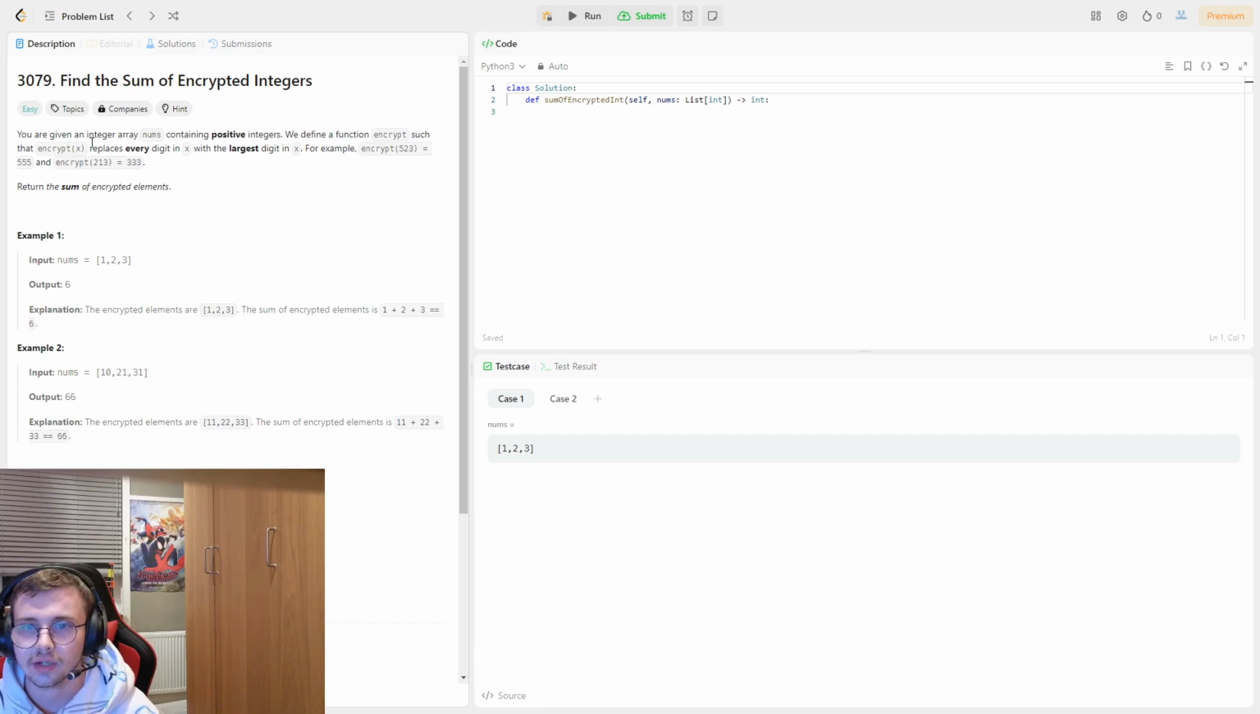So it says here, you're given an integer array nums which contains positive integers. We define a function encrypt such that encrypt x replaces every digit in x with the largest digit in x. For example, encrypt 523 is equal to 555, and encrypt 213 equals 333. Okay,